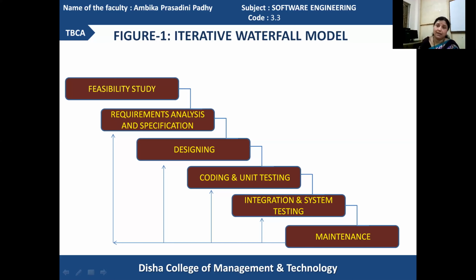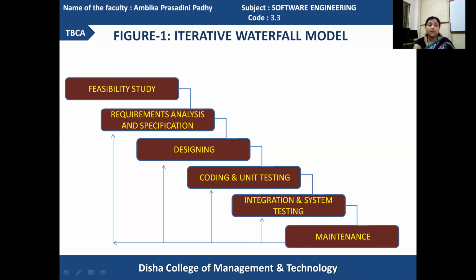Similarly, if in the maintenance part you find some difficulty with the system, and the difficulty was there at the coding stage, from the maintenance part also you can go back to the coding stage, correct the errors there, and rework on that phase and go through the rest of the phases, that is integration and system testing, then come to the maintenance again. In this way, the errors can be identified and removed. Got it? And this process has the benefit of identifying the errors and rectifying the errors using modifications.